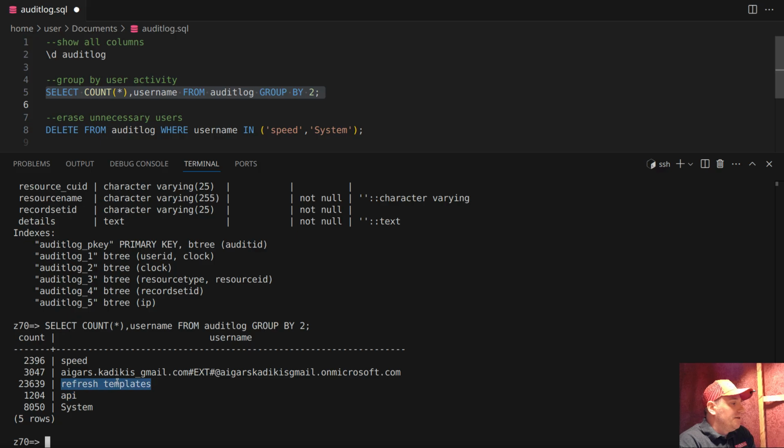Then I have another dedicated user who every night renews all the official templates. There is a video in this channel on how to do that, how to install a cron job. Have a look. And then there is another service user who benchmarks the speed of my front end. Quite useful. And this system user, this is how many records the system user generated in the last 20 hours